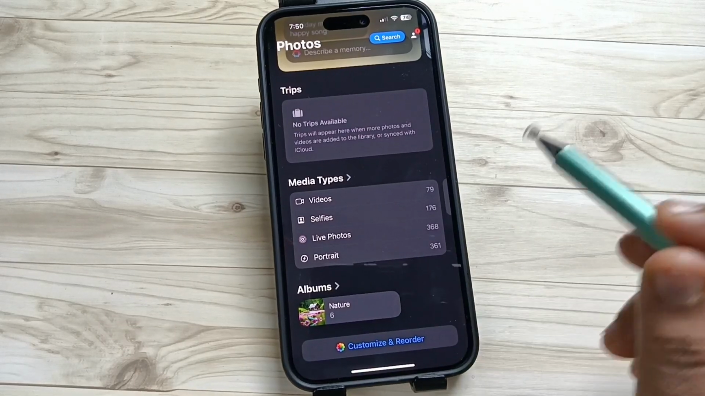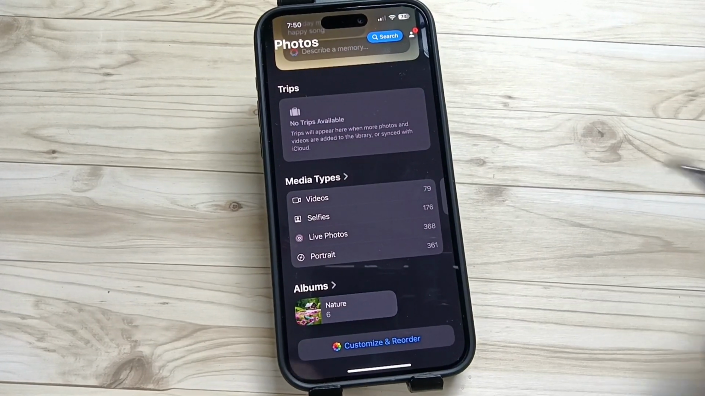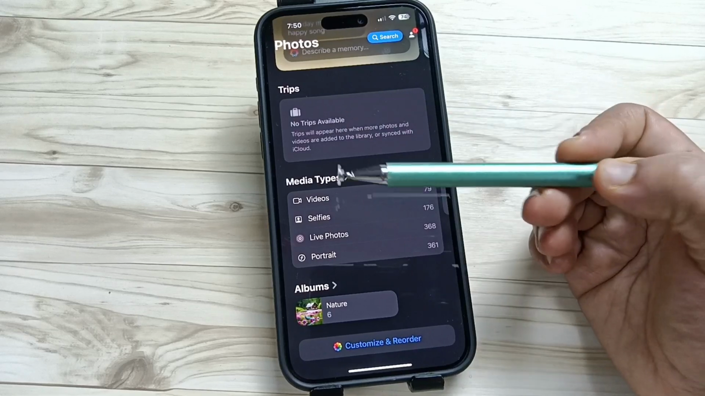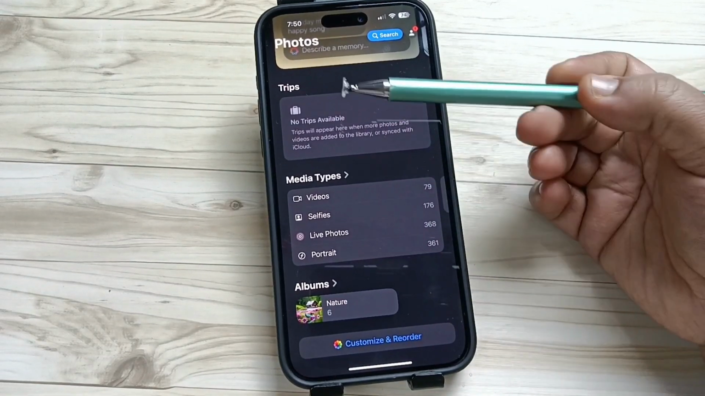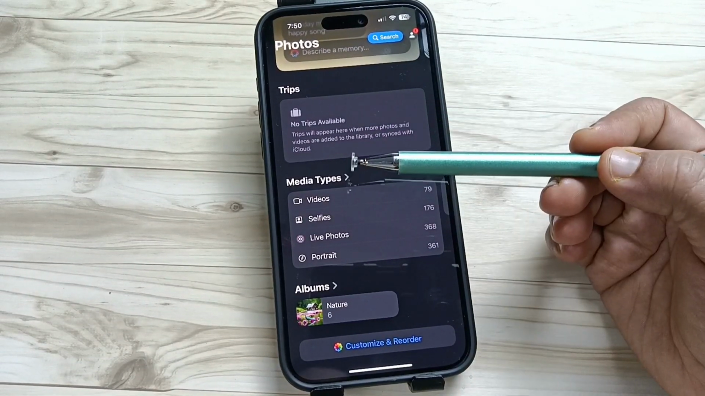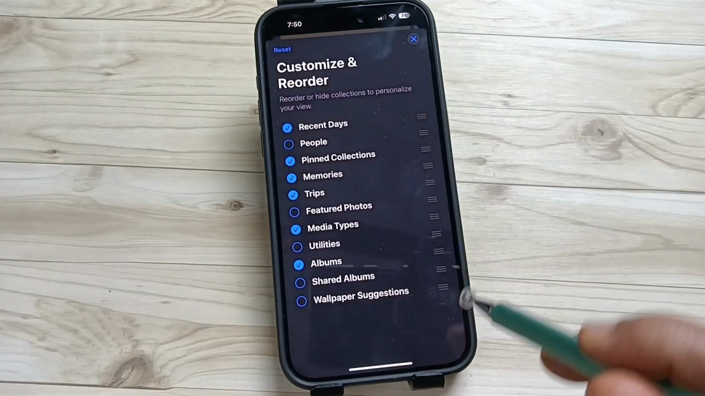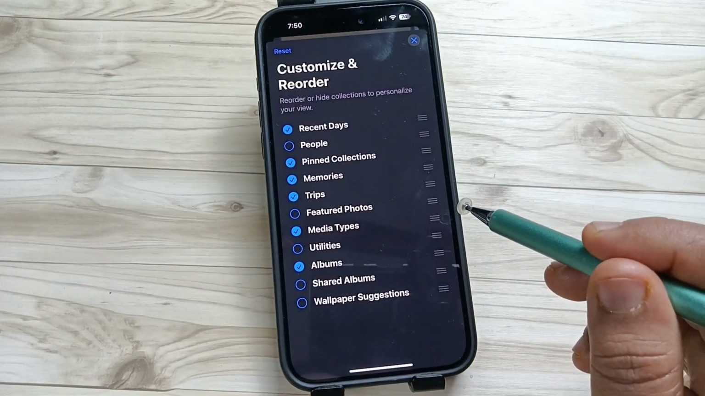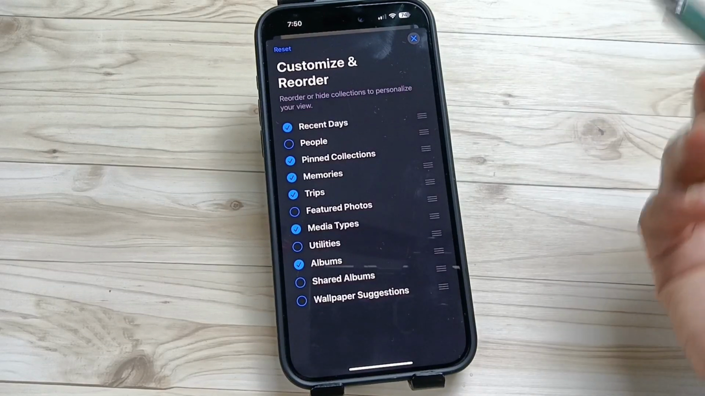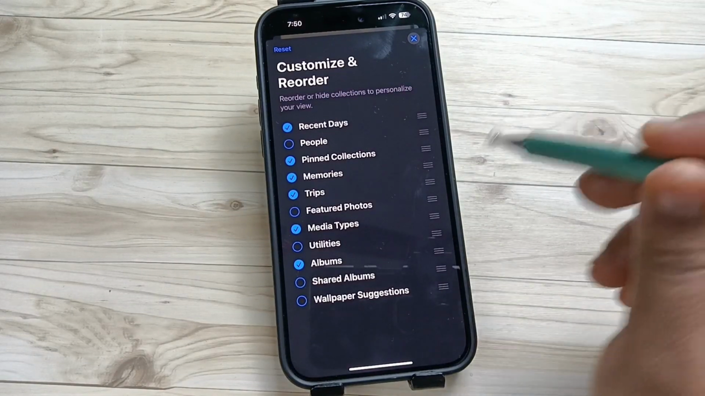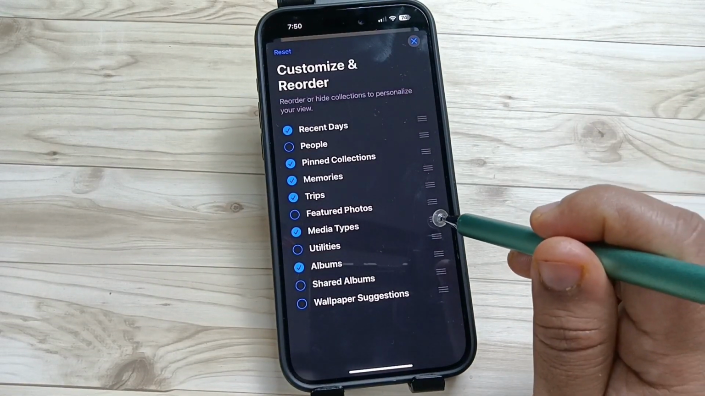Okay, now let me show you how to rearrange this one. Now you can see trips, media type and album. The first one is trips, media types and album. Let me show you rearrange this one. Now here you can see three lines. Just tap on this one and just move the options. Okay, now I am going to move the media type to